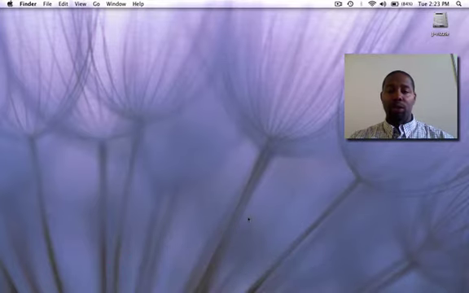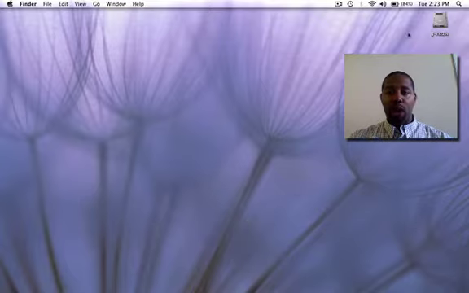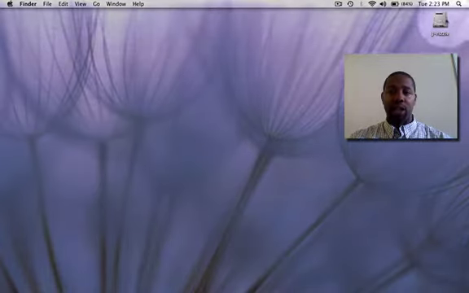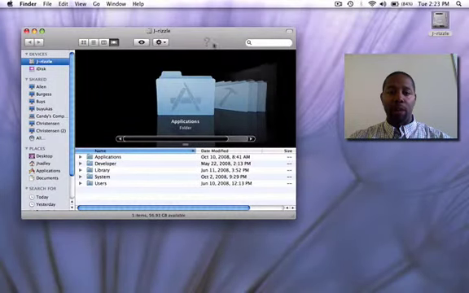If you want to add other programs to your dock, all you have to do is find the application icon and drag it to the dock. We do that by going to our hard drive. Remember, this is just like the C drive on a PC. I would double click on there and it'll open up